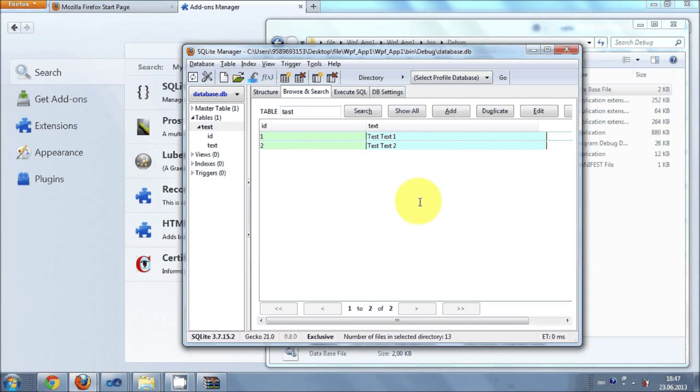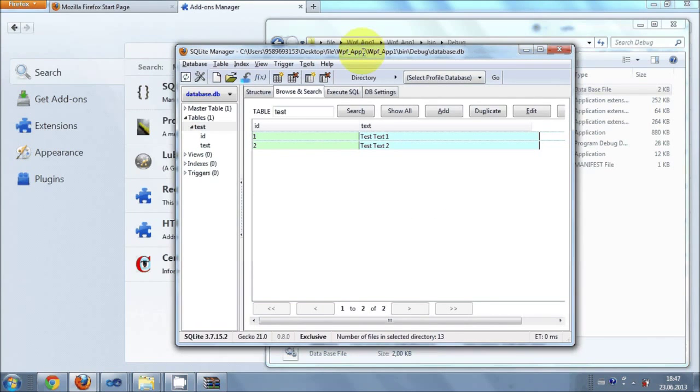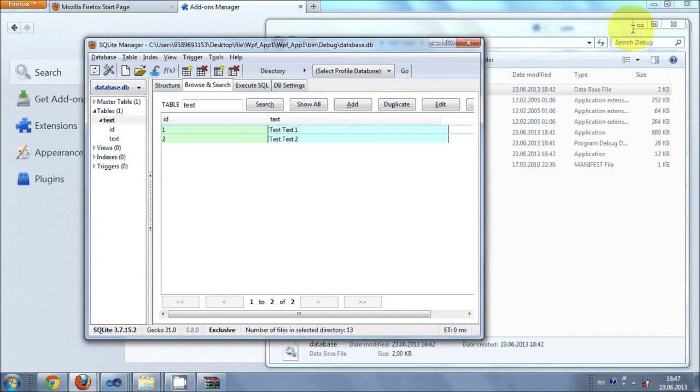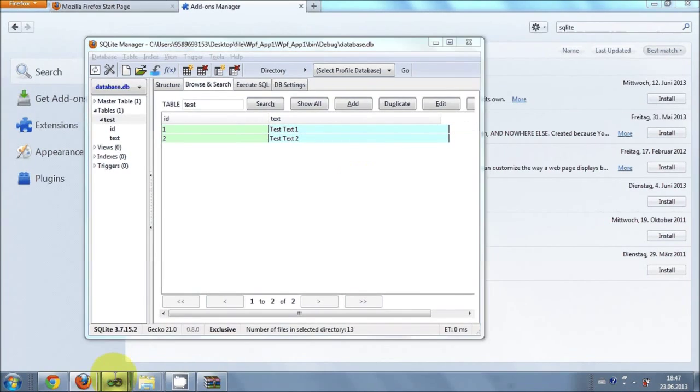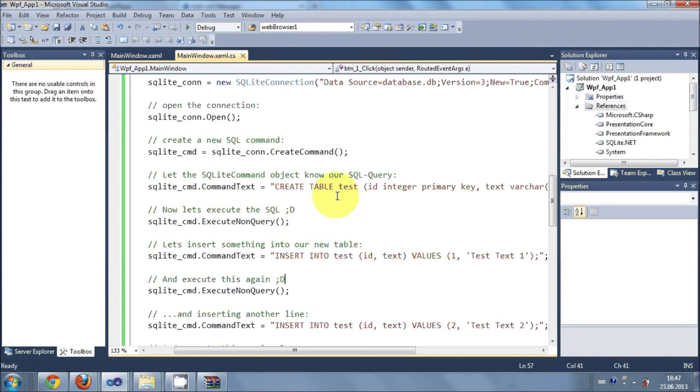Okay, so now we are ready to begin our SQLite database application using WPF. So this was the tutorial how to connect and how to establish your connection with SQLite database, and from the